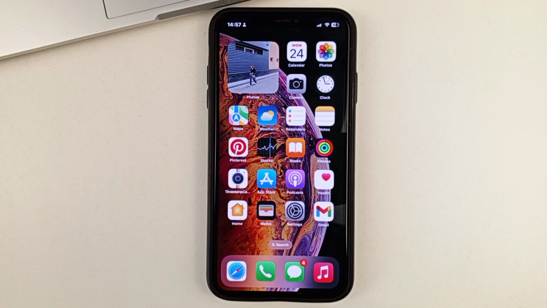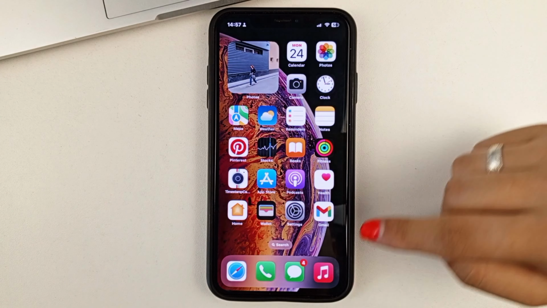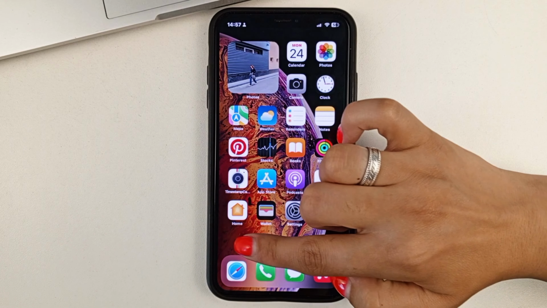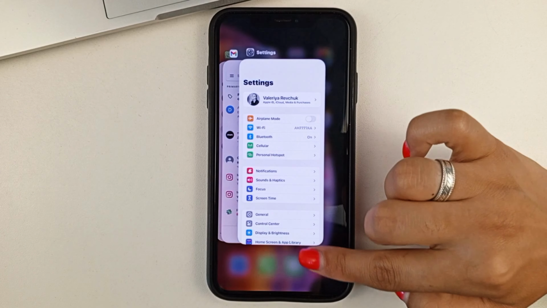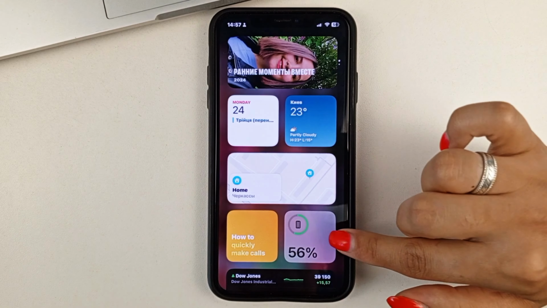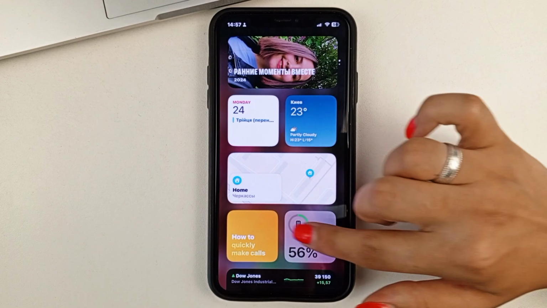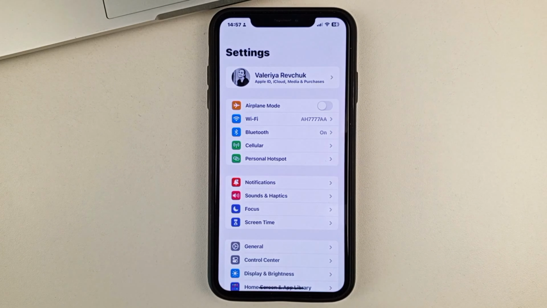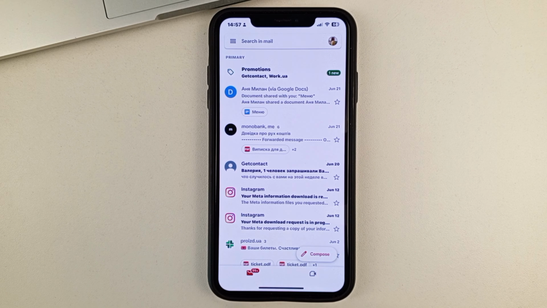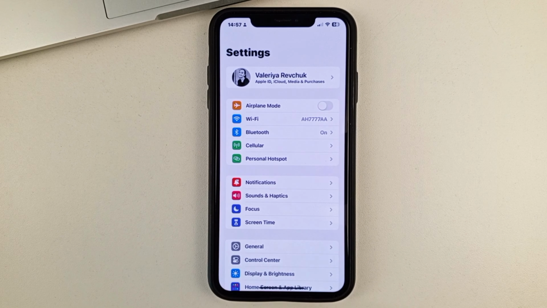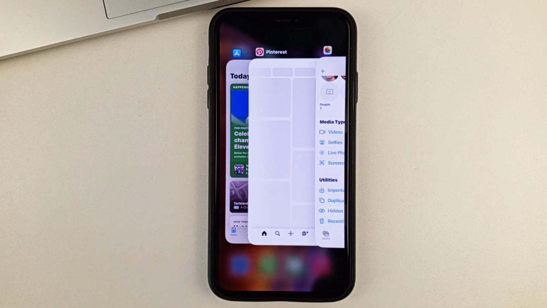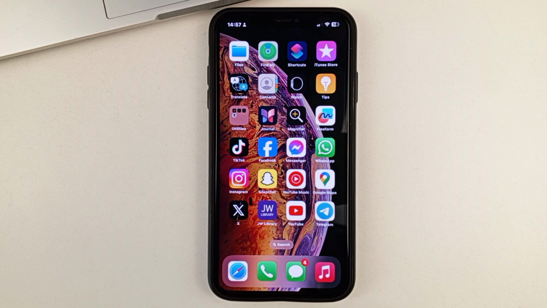And the second way is to swipe also the bottom of the screen, but from the left side to the right side. It's like this. This may not work for everyone. Even for me, it doesn't always work. So don't worry. As you can see, it's like this. So down from the center of the screen, you move it to the right side. So it's like you're flipping through the pages of a book and switching between the open apps on your iPhone.